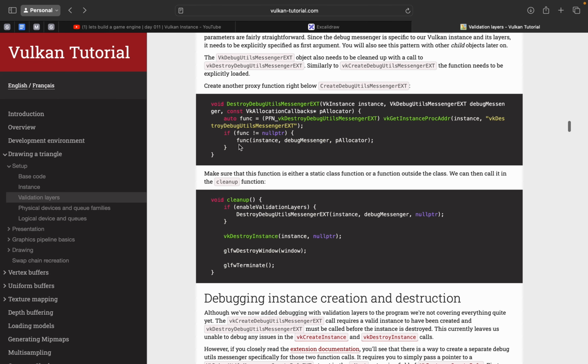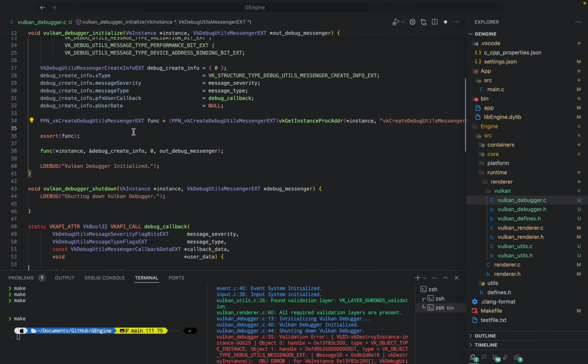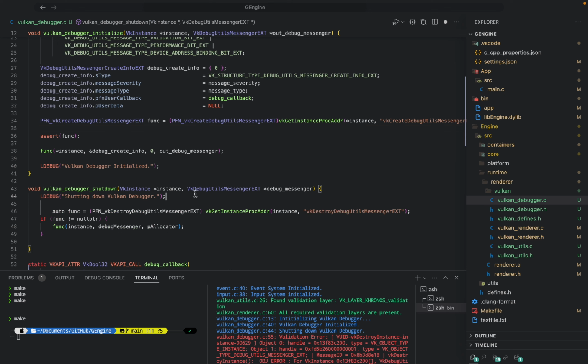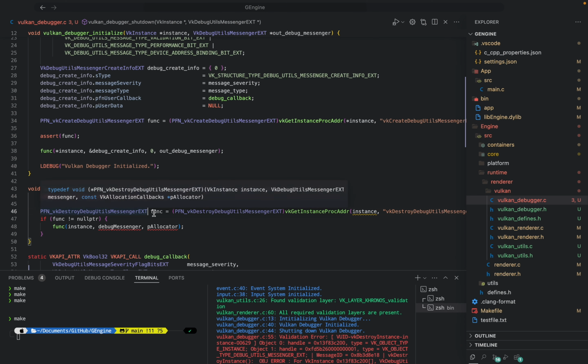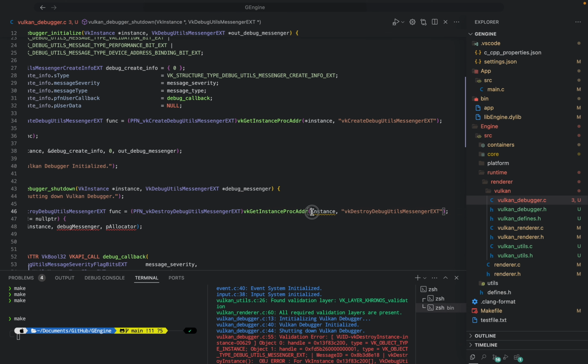Destroying. Here it is. So what I'm gonna do is copy this because there's nothing really special about it. Where is it? Down here. Paste it in here, and the only thing I'm gonna do is replace the auto with this. Okay, so it's gonna be vkDestroyDebugUtilsMessengerEXT, func. Then it's gonna do this. Then we're gonna pass in the instance,